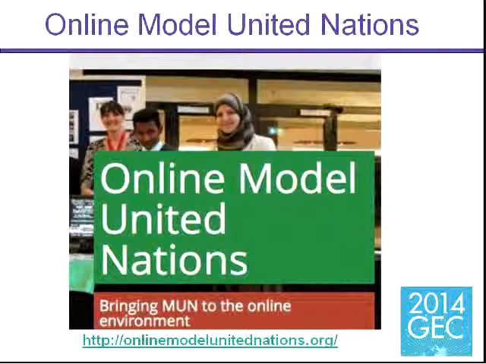And this one, the online model, this one has high school, and they also have a practice or model UN for the middle school level.